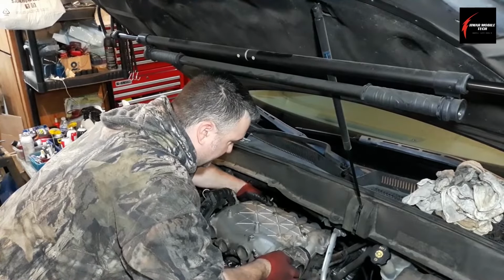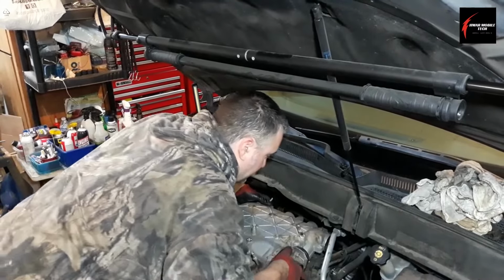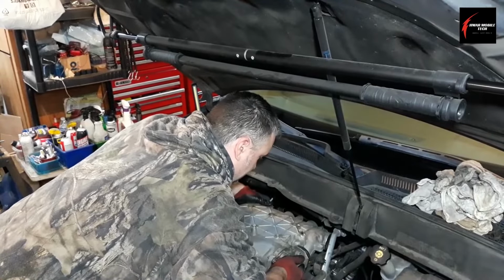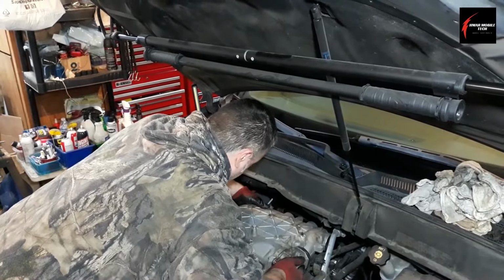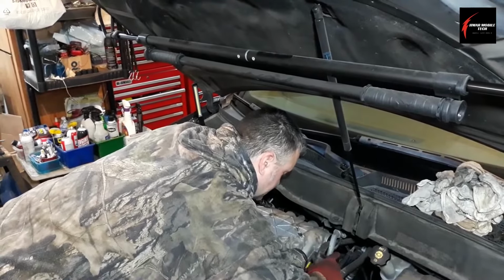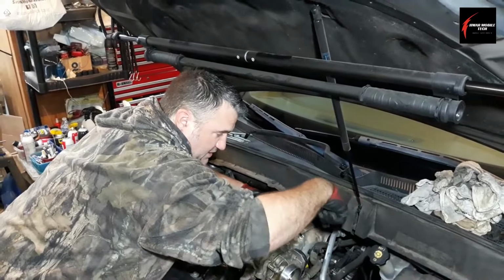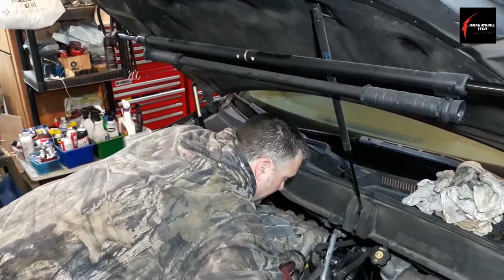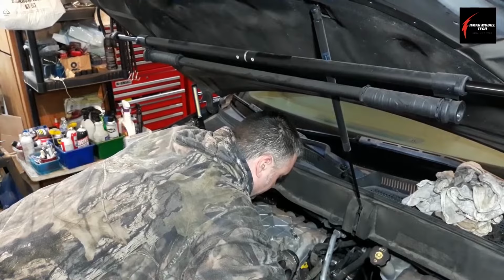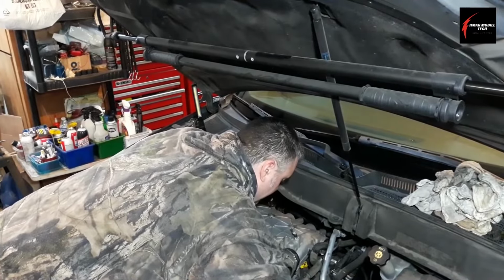You'll know you're getting it on right because you'll start to see it get centered in the engine, and you'll feel it seat down as you move around. Now, you can also look for this hole up here in the front, this furthest hole in this upper plenum. You can look to see where it lines up with the other one, and then just move it real slowly until it lines up there,